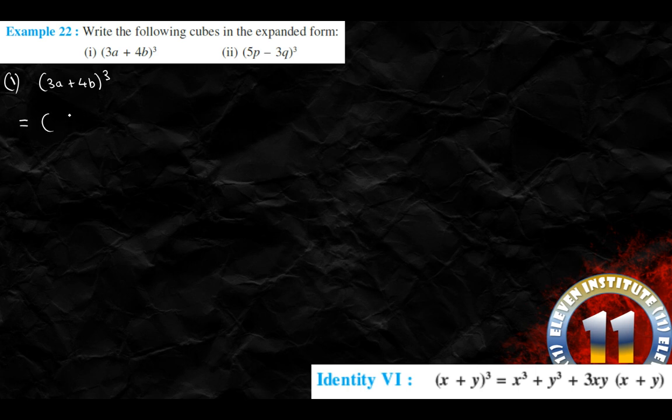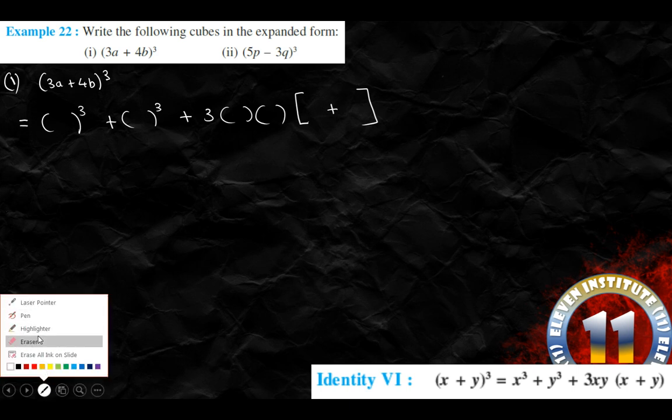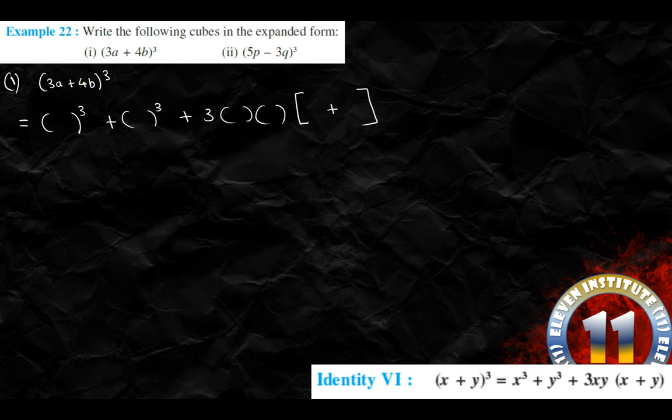So what we have over here is x cube plus y cube plus 3 into x into y whole multiplied by x plus y. Now what we have to do is we have to just write the value of x and y. So that is 3a and 4b. So here we will write 3a, then again 4b. Again we will write 3a,